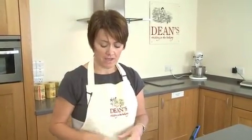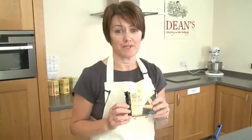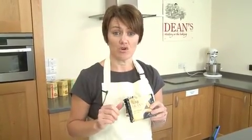And what we're going to do is we're going to make a streusel topping. That's basically just a crumb mix that we're going to sprinkle on top of the pies. Now, if you live near us in Huntly, you can buy our shortbread crumbs, very popular product in our factory shop here in the town. But for those of you a wee bit further afield, what to do is get a packet of our shortbread, and if you can bear to break it all up into crumbs, that's what to do. Put it in a plastic bag and make it into crumbs,